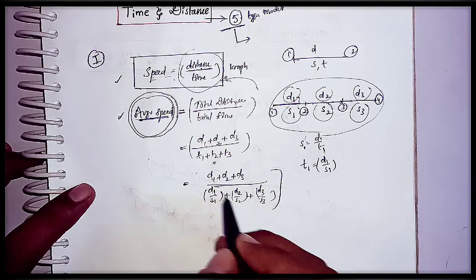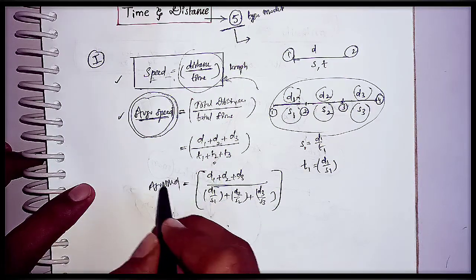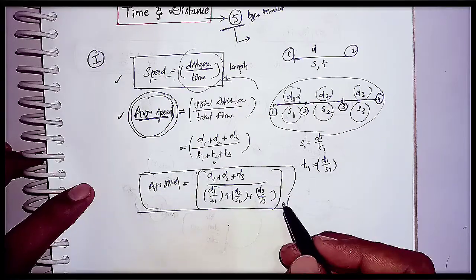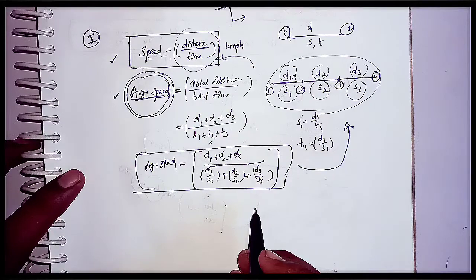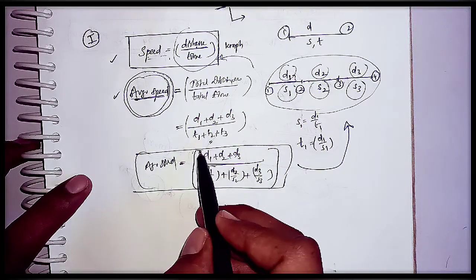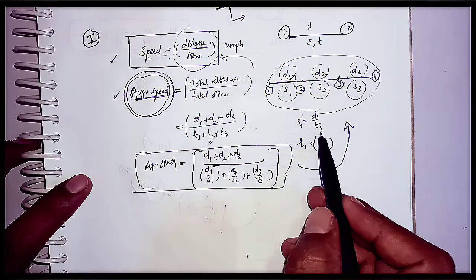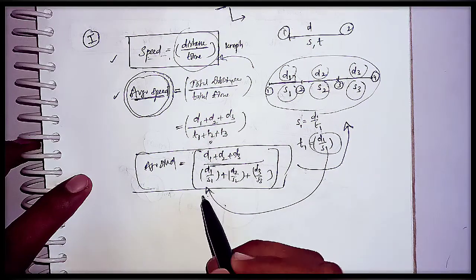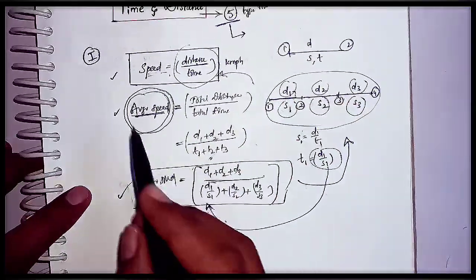I think you all saw this formula in a different way, but you don't know how it came. Here is the reason why it comes like this. As we don't know the time taken to travel the distance d1 with speed s1, we use this formula to get that information. And these are the 2 most important formulas in the first model.